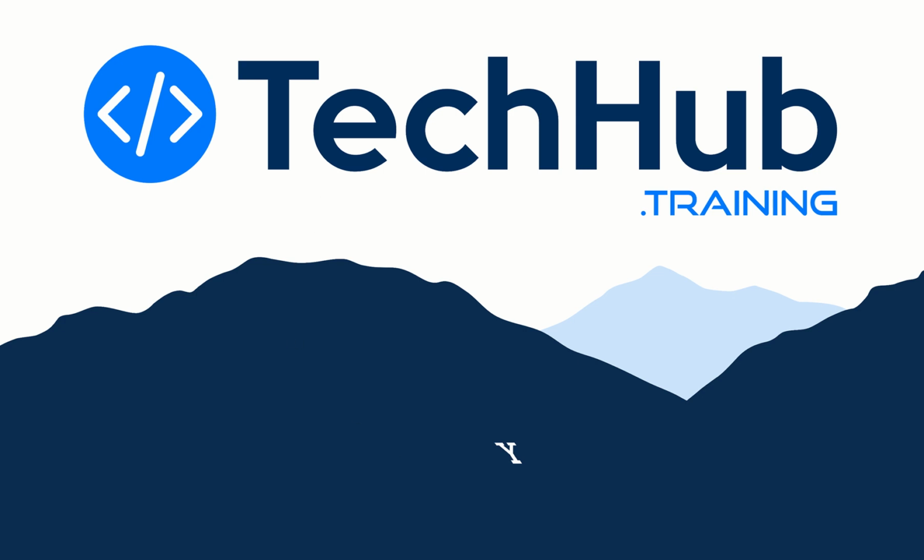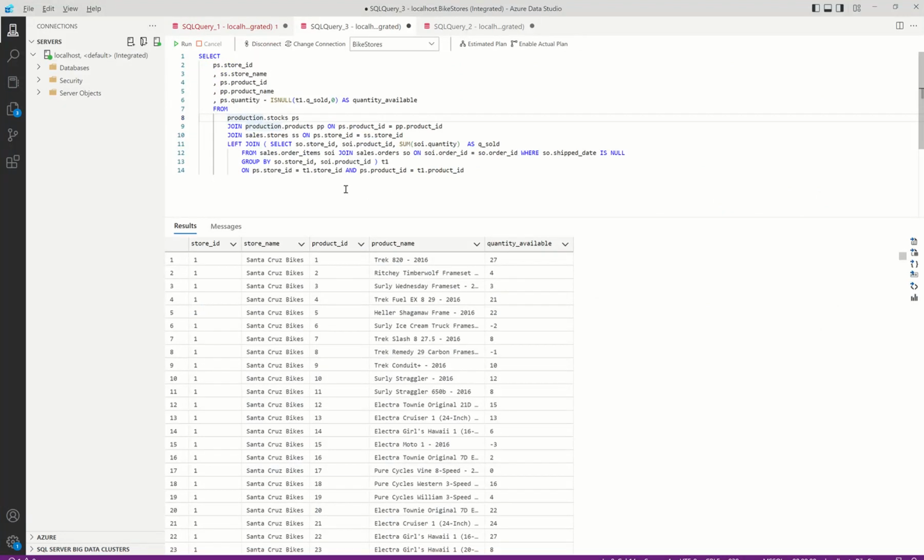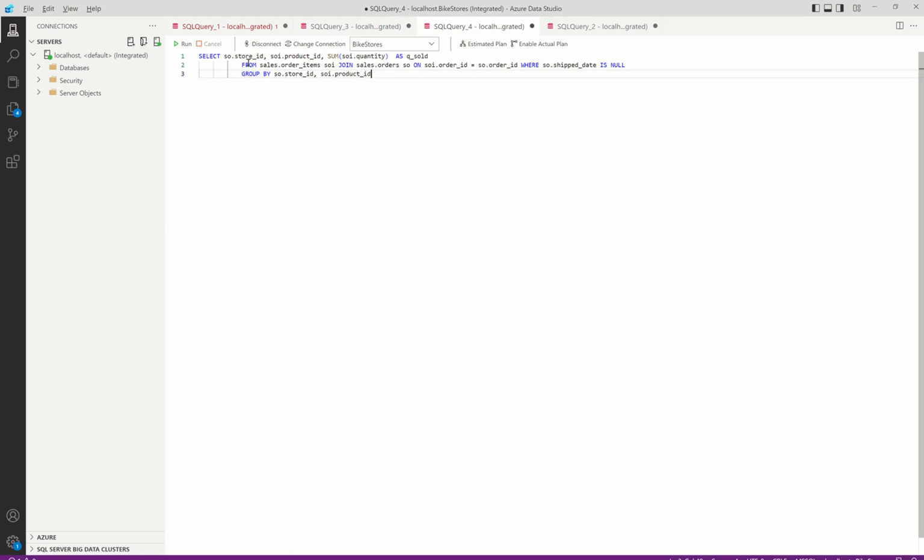So let's dive into the query. Here's the select query that you use to create the view. But first, the method of doing this is to first create a select statement, which is this. So let's copy that in. Create a select statement